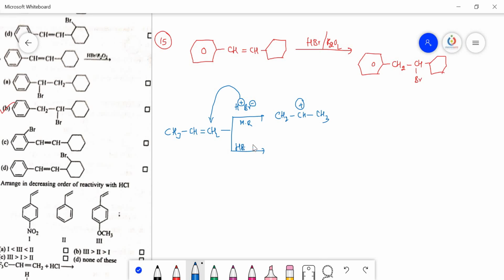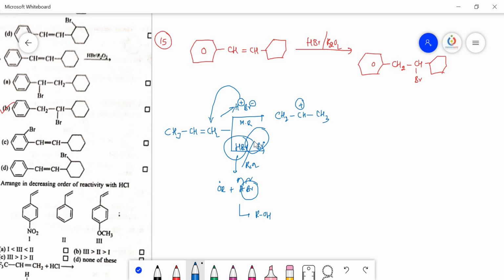But if the same HBr is used in the presence of the peroxide, you must observe that the peroxide radical is there, that combines with the HBr, and here homolytic cleavage of the hydrogen-bromine bond takes place, and this peroxide radical preferably takes up this hydrogen and forms alcohol, so that we are having the bromine radical. So in Markovnikov's rule, H plus ion attacks, but in anti-Markovnikov's rule, bromine free radical, means halogen free radical,